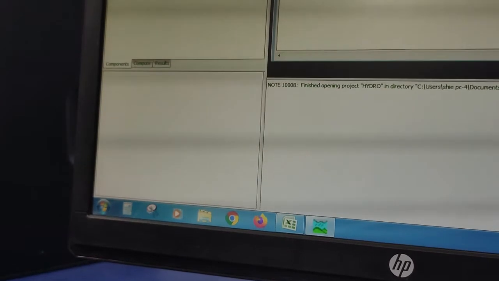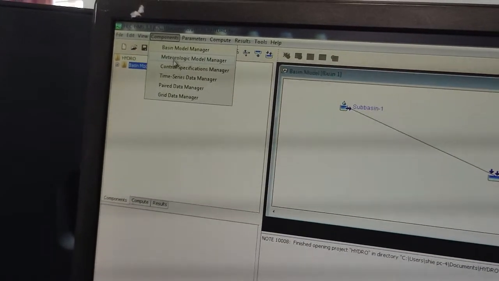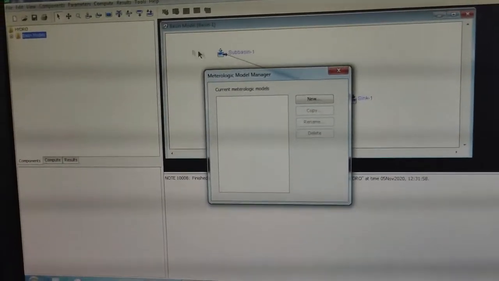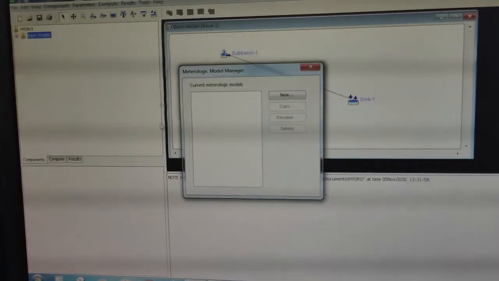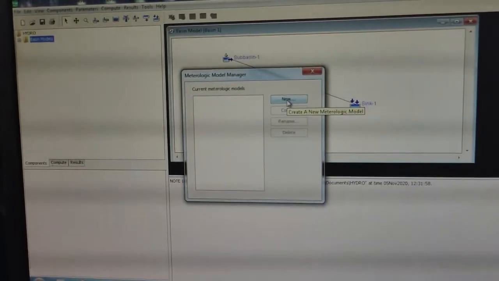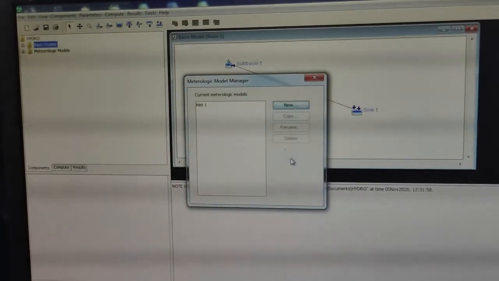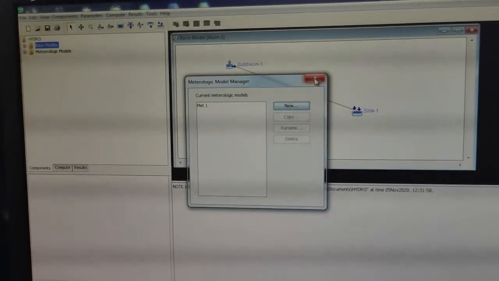Next component is the meteorological model manager. When we click on the meteorological model manager, this window pops up. We'll click on new. You can give any name, create, and the meteorological model is created.